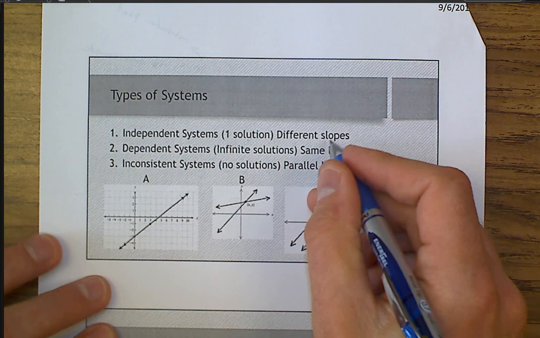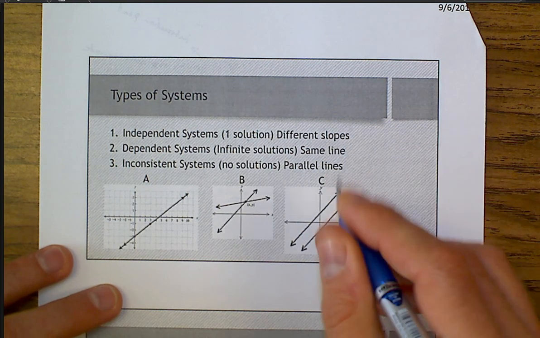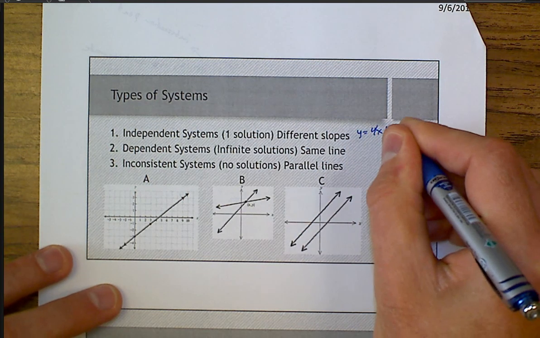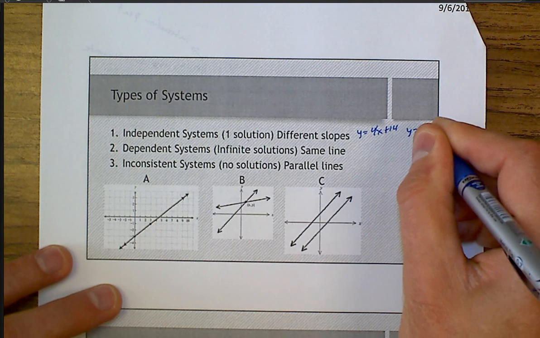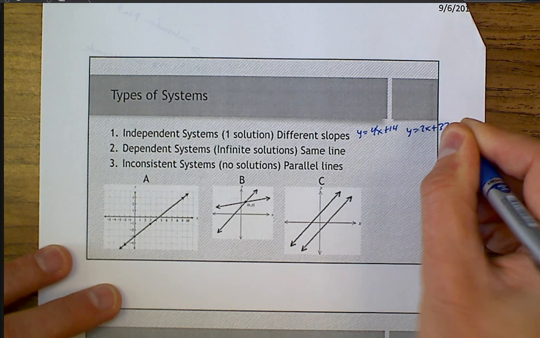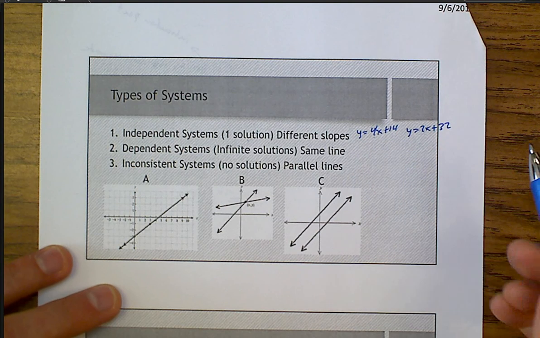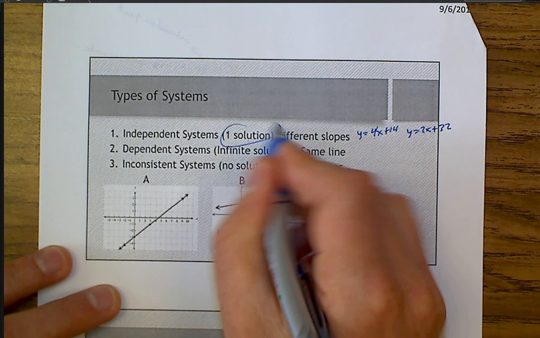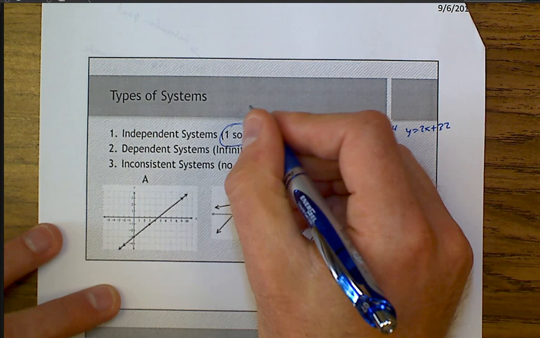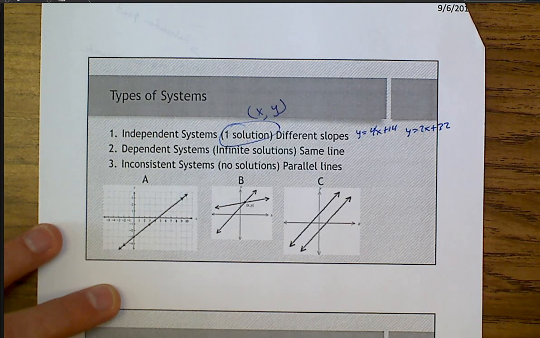You have different slopes. So if I recall, it was y equals 4x plus 14, and then the other one was 2x plus 32. The slopes are different. This has a slope of 4, this has a slope of 2. They're going to intersect. They intersected at a point which gave me my one solution. And that one solution is always going to be an x comma y